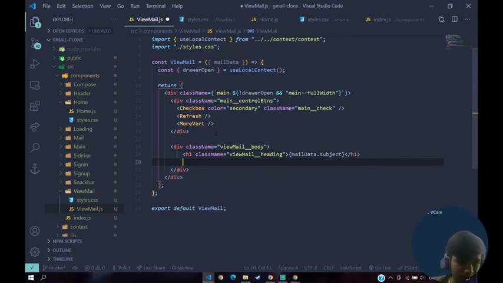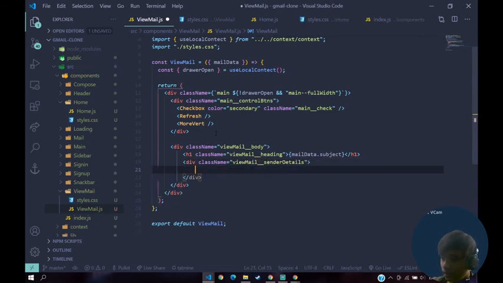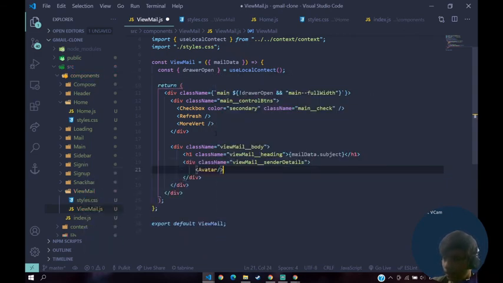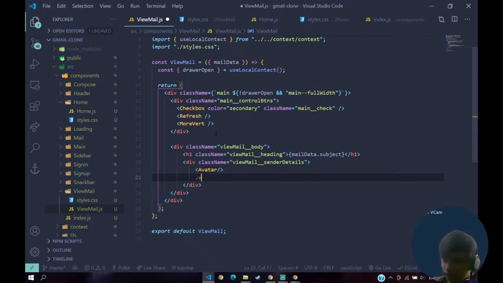Then here we'll have another class name of view mail underscore underscore sender details. Inside of this we are gonna have an avatar, and then another div of view mail underscore underscore sender.